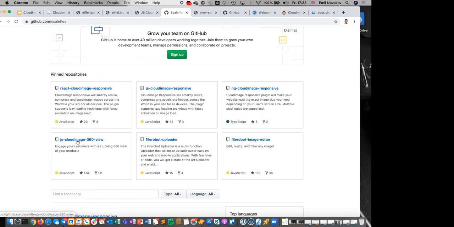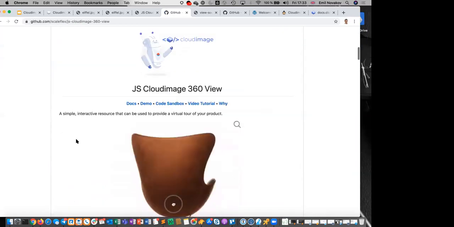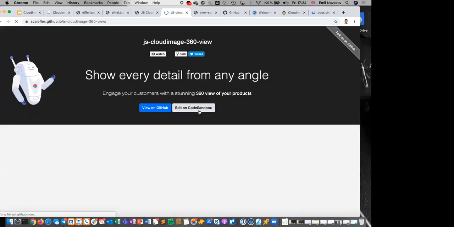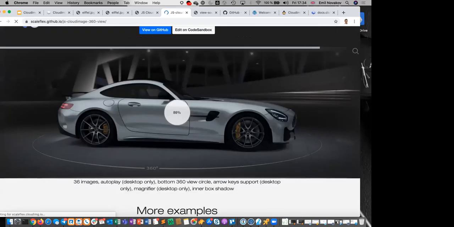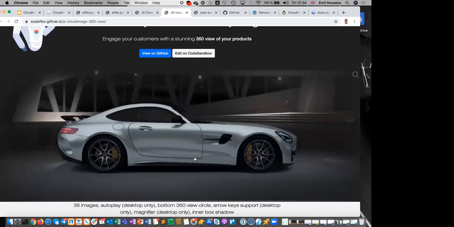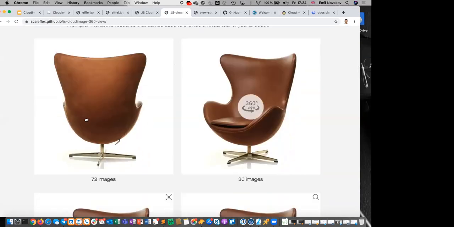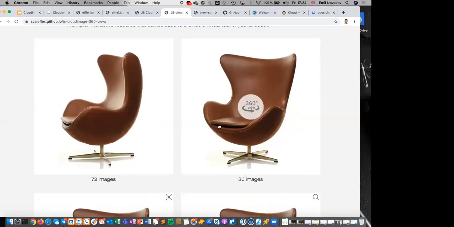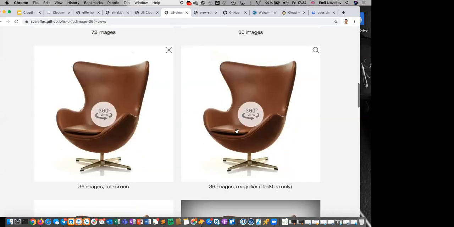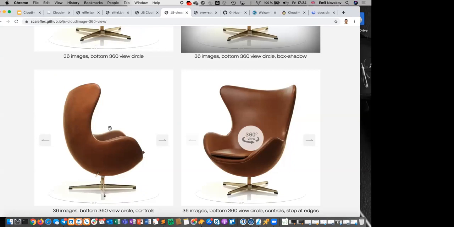It has 1,500 stars. When we launched this last year, we were for 1 week in the top 10 JavaScript plugins worldwide. And this plugin, if you go on the demo page, allows you to have 36 or 72 images put together to offer a 360 experience like that. Okay, so if you go here, this is with 72. It's even nicer. This is with 36, and it has also auto scroll,